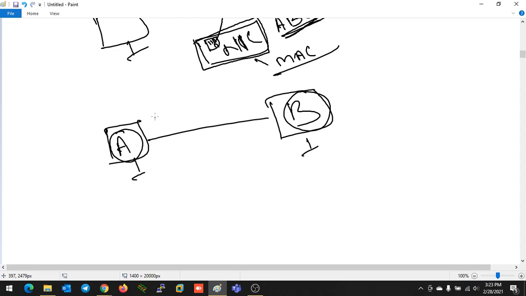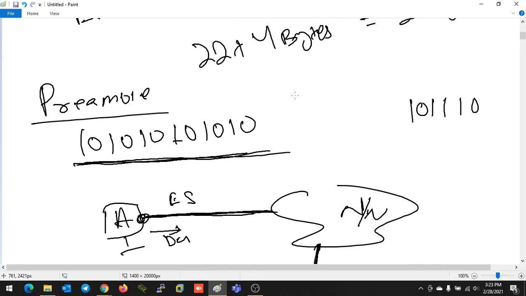So if A is going to do any kind of communication with B on the basis of the layer 2 address, the data link layer, then how will the communication happen? The physical address A will be the source address and the physical address B will be the destination address at the data link layer. Here you can see two fields.